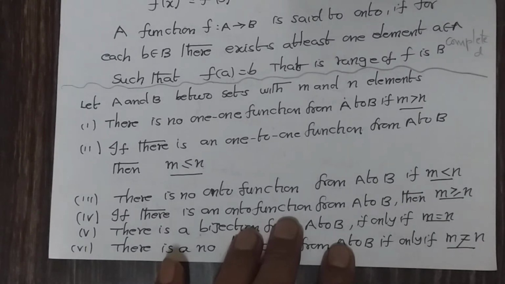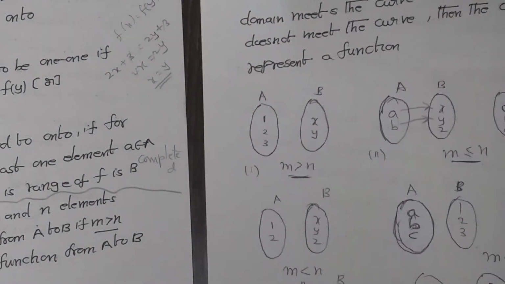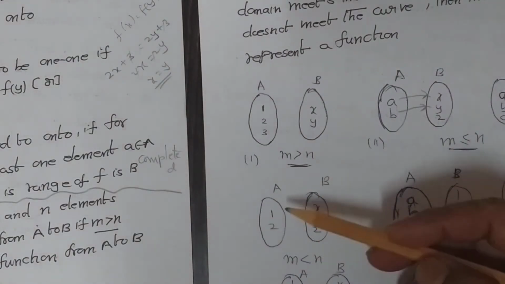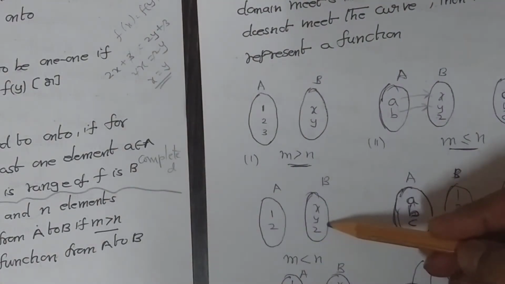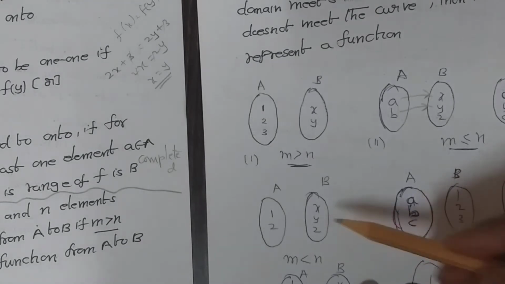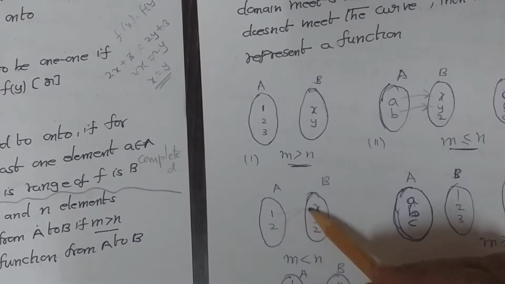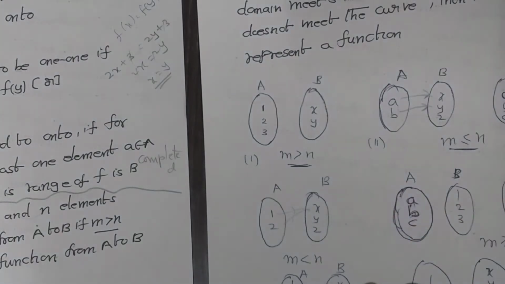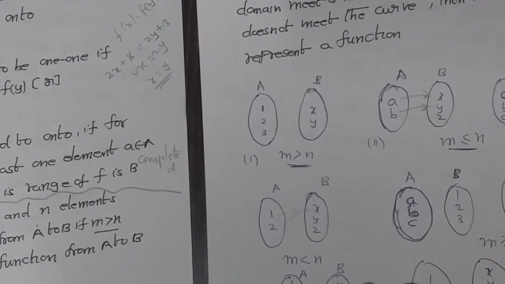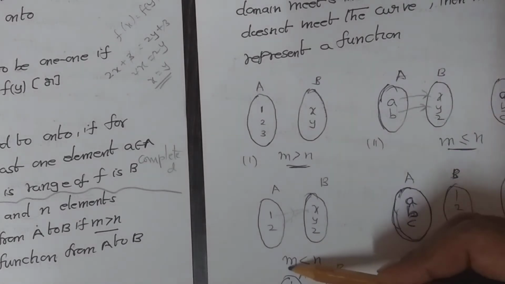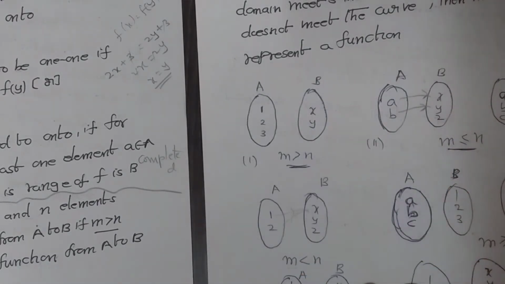Okay. So here we'll see that example also by drawing some diagram. See here, M is less than N. For example, A contains 2 elements, B has 3 elements. So how will you frame this as an onto function? For example, I mapped 1 with X, even 2 with X also. This is a function. But Y, Z are left unmatched. So it is not an onto function. For example, 2 to Y, Z is left unmatched. So it is not an onto function. You understand? So when M is less than N, it is not an onto function.